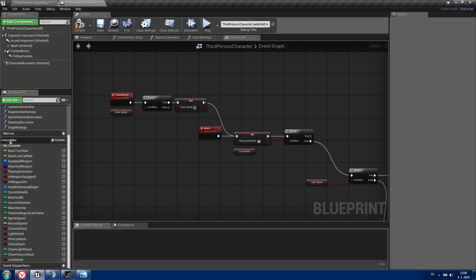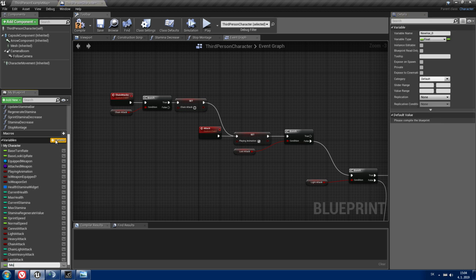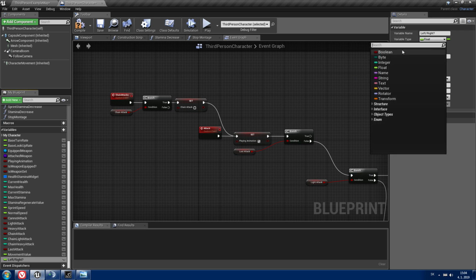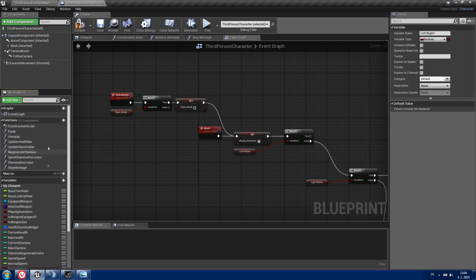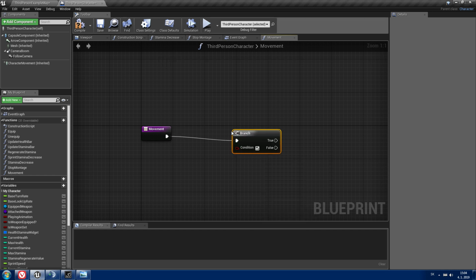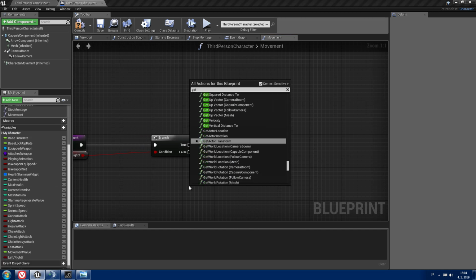We will need to create two variables here. One will be called movement value, and it will be of the type float, and another one will be called left/right, and it will be of the type boolean. Now we need to create one function, let's call it movement, and first it will check if left or right is true. If it's not, we need to get mesh,